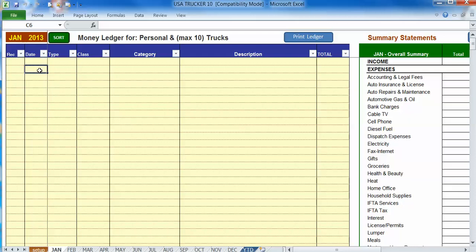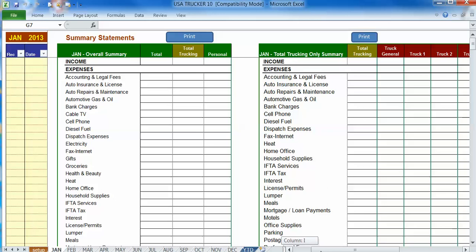The screen you're looking at now is the monthly screen. At the top left you can see that it's January, and at the bottom you can see there's one tab for every month. On the left side of the screen is where you make your entries for each income and expense item. Then on the right side of the screen are two summary reports that are automatically being populated as